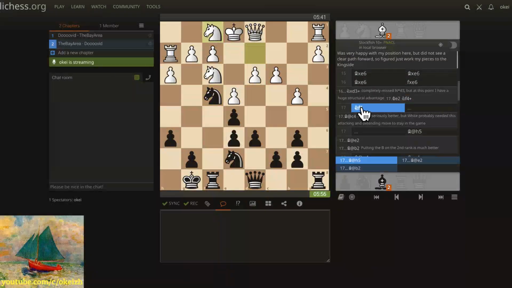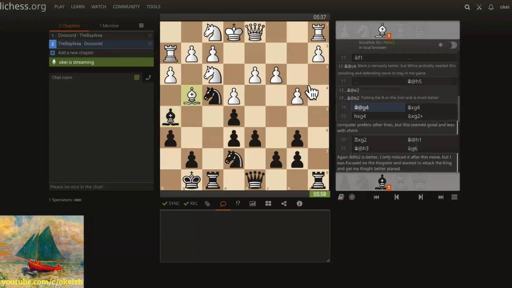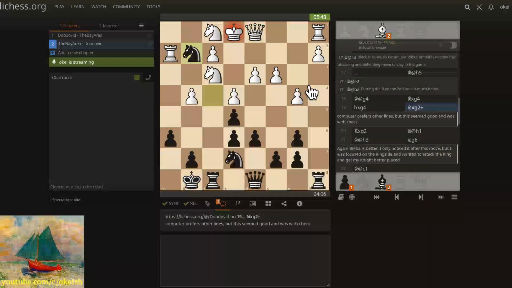Okay, instead, knight f1, defending d3, bishop h5. Yeah, and then you notice later you could even put the bishop here or here, picking up this pawn. Putting the bishop on the second rank was a lot stronger. Bishop at g4, takes, knight takes pawn. Okay, so he sacks